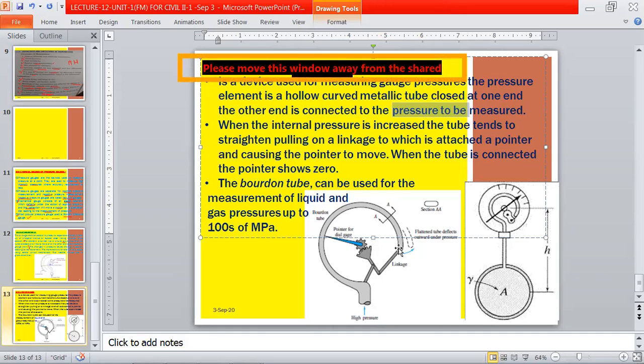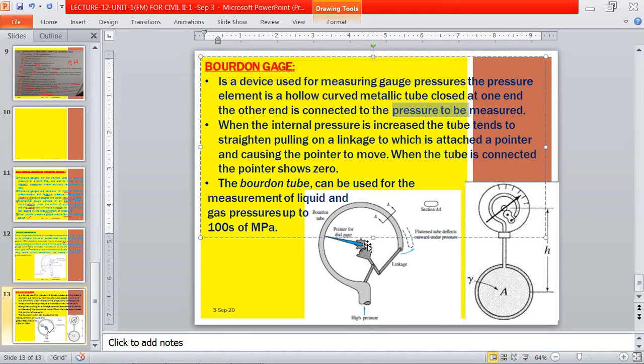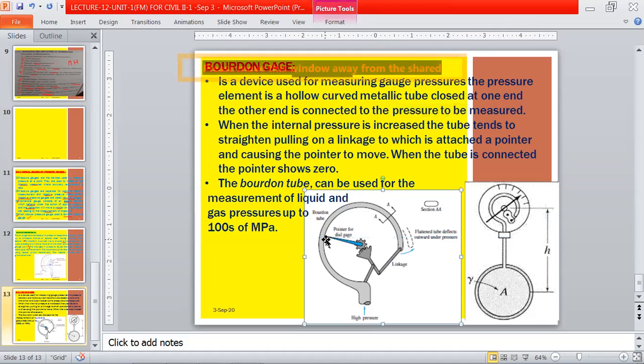When this linkage is moving, physically it moves through some displacement. Once the displacement happens, automatically the fulcrum and this toothed profile will oscillate in some direction. This wheel rotates on this oscillation, and finally you get the pointer needle moving either clockwise or anti-clockwise. Like this, the pressure gauge readings are noted on the pressure gauge indicator.